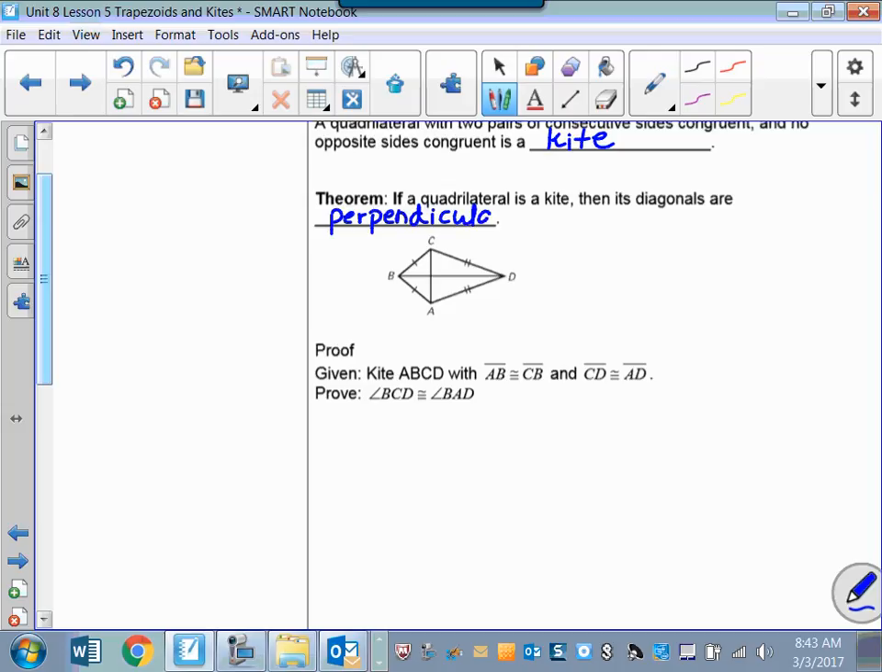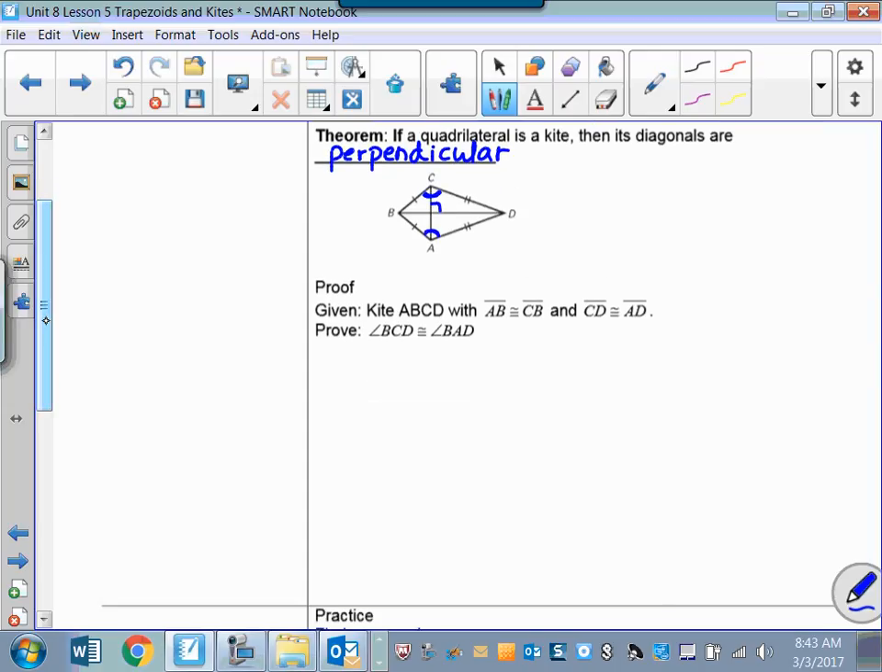Don't think congruent. Clearly they're not congruent. The diagonals are perpendicular. Okay, so what are we going to do? We're going to prove that these angles here will always be congruent in any kite. So we're going to use this example here to prove this. Okay, statements, reasons,